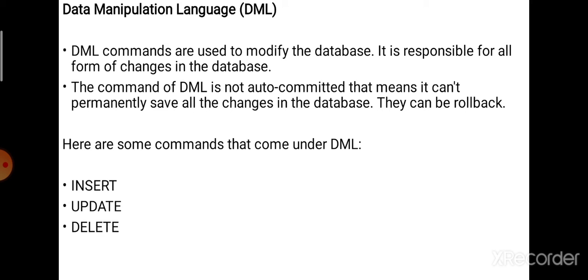The commands of DML are not auto committed, which means that they cannot permanently save all the changes in the database. The changes which are done by the user will not be saved permanently in the database. Instead, the user has to execute the command commit to save the changes.